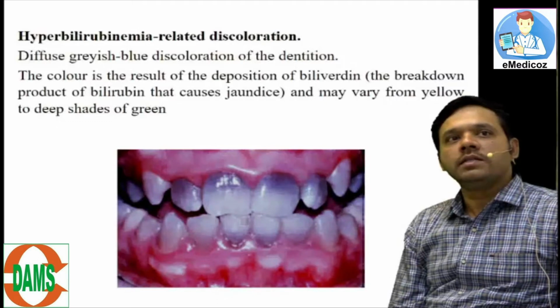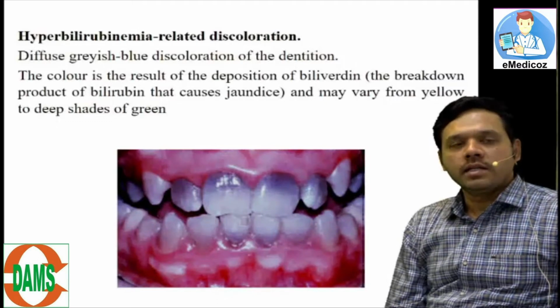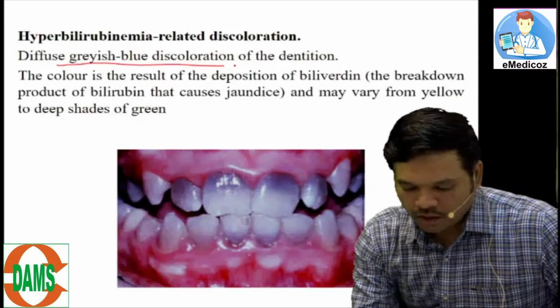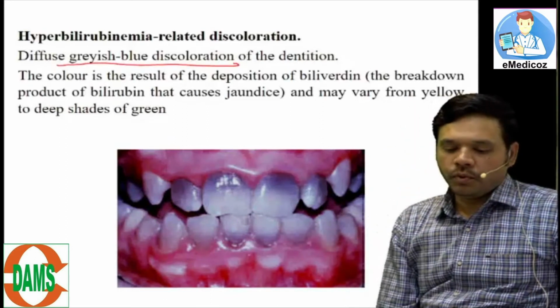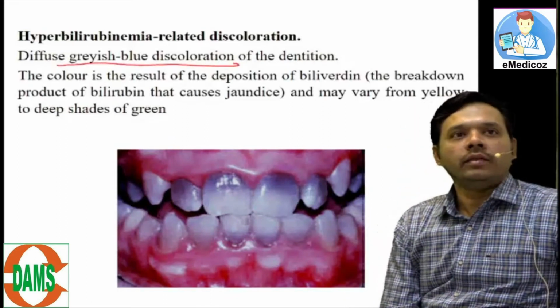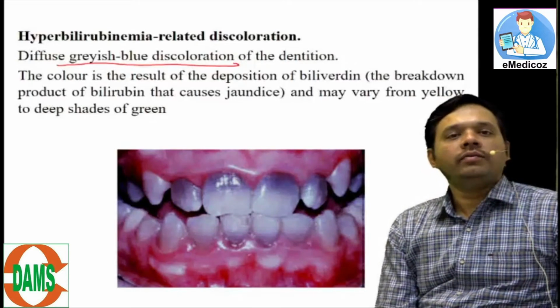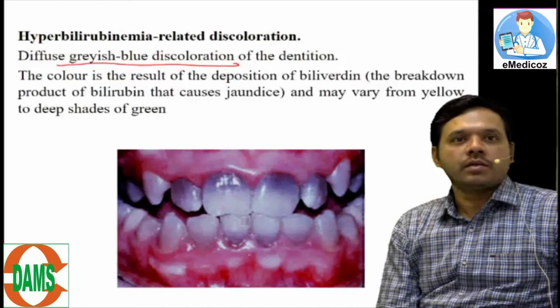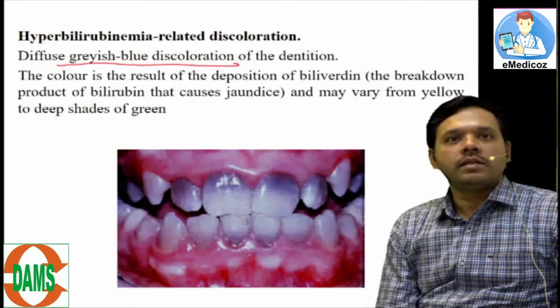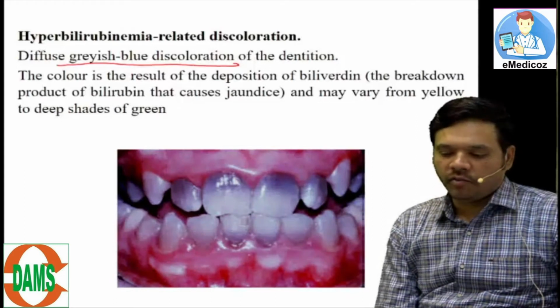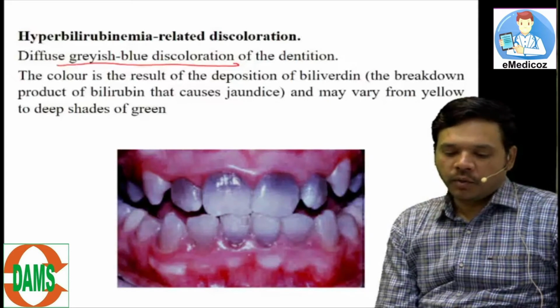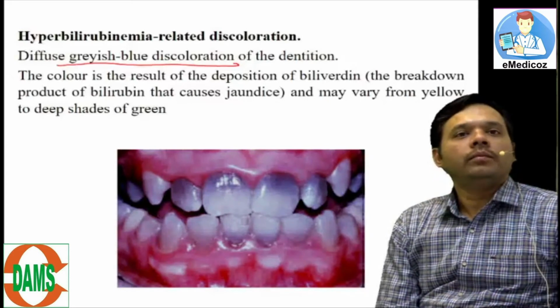Usually it results in grayish blue discoloration of the teeth. This is due to bilirubin levels. One of the causes, for example, is hemolytic anemias. In all the hemolytic anemias, you can see this. Whenever the level of biliverdin and bilirubin is more,